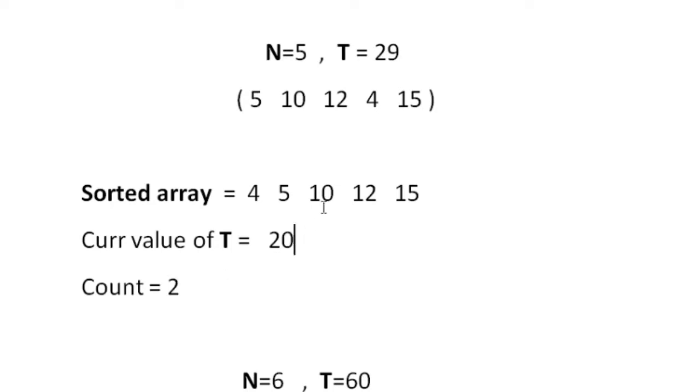Now if he buys the third ice cream, he would be having 20 minus 10, 10 rupees left with him, and 3 ice creams bought. Now the cost of the fourth ice cream is 12 rupees, but the boy has only 10 left with him. So he cannot buy this fourth ice cream, and also he cannot buy any of the ice creams beyond that, because every ice cream after the fourth would be costlier than that. So we are just going to stop counting and print the maximum number of ice creams that he can buy, that is 3. So this is why we are getting our output 3.